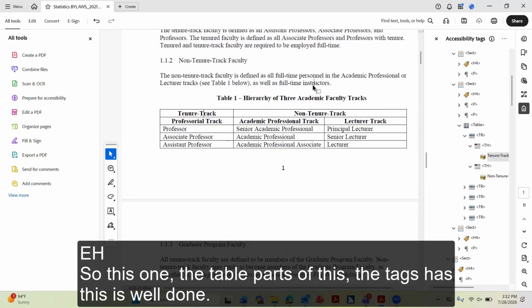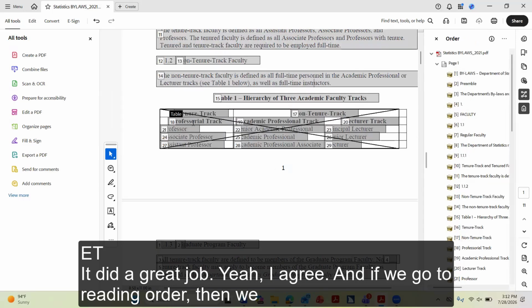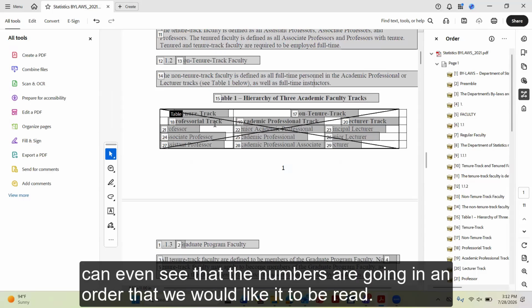Okay. So this one, the table parts of this, the tags, this is well done. It did a great job. Yeah, I agree. And if we go to reading order, then we can even see that the numbers are going in an order that we would